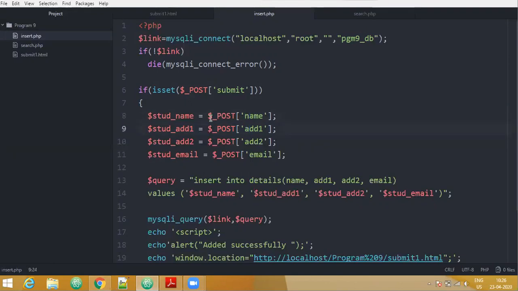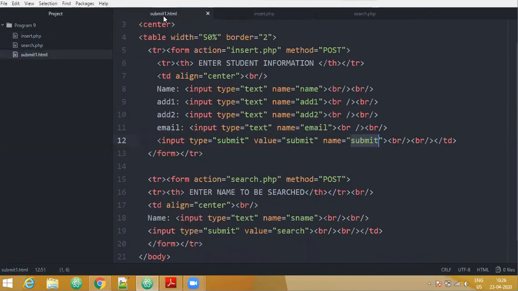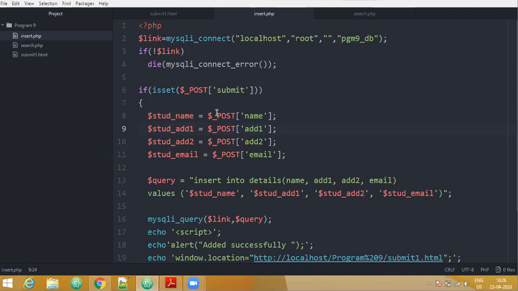So we are fetching by $_POST. So if you observe here, the method that we have specified is post. So you have to take here also $_POST. Now since this is an associative array, you remember how we have understood it. You have to specify inside this with quotes, either single quotes or double quotes. Now inside this I have taken $_POST of name.